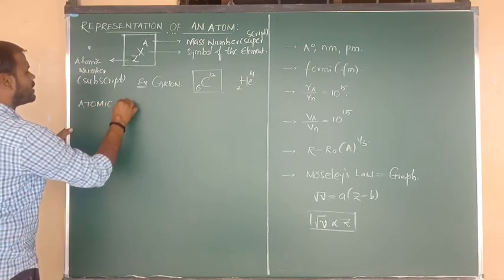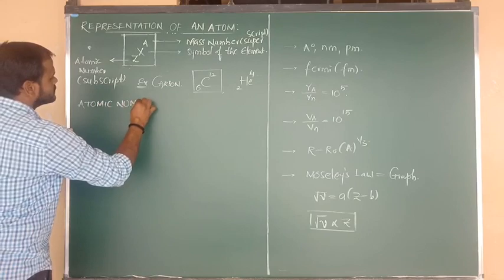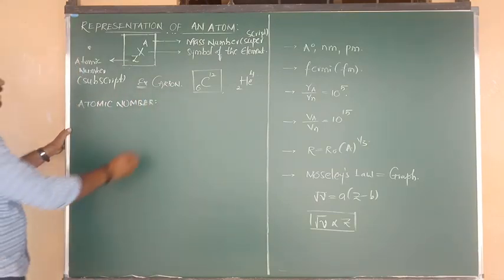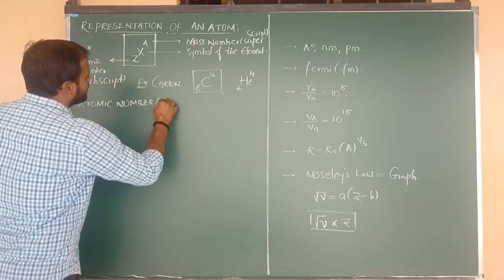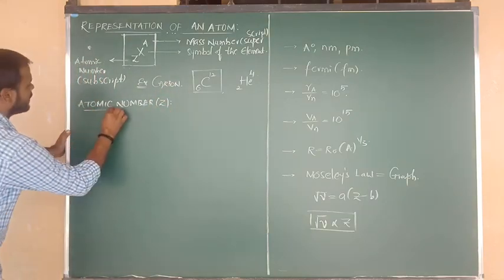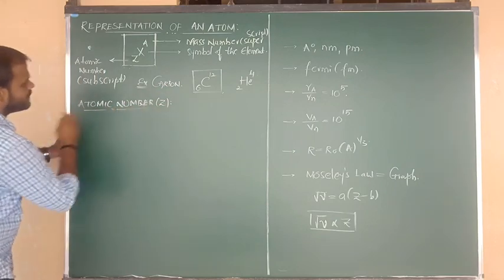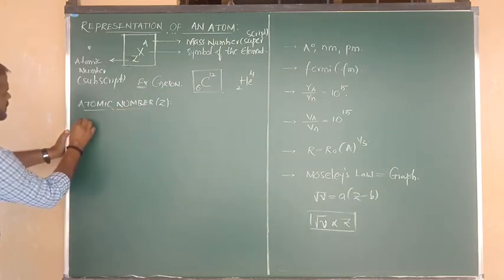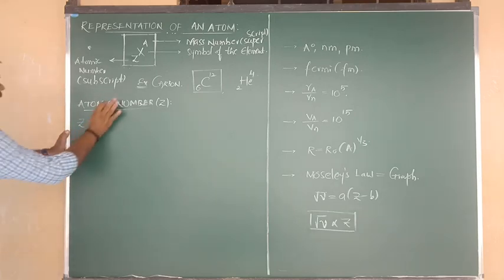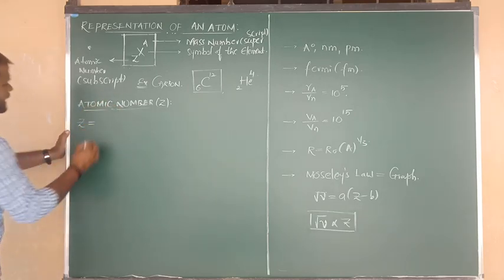How to define the atomic number? Let me go for the definition. What is the symbol of atomic number? Z. So atomic number Z is equal to